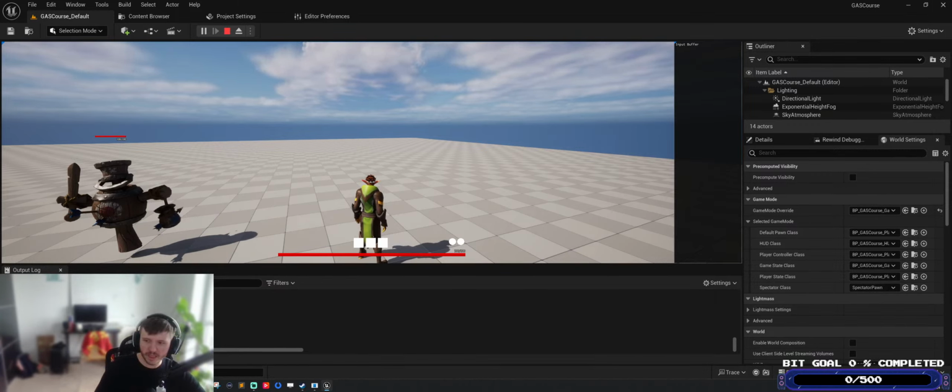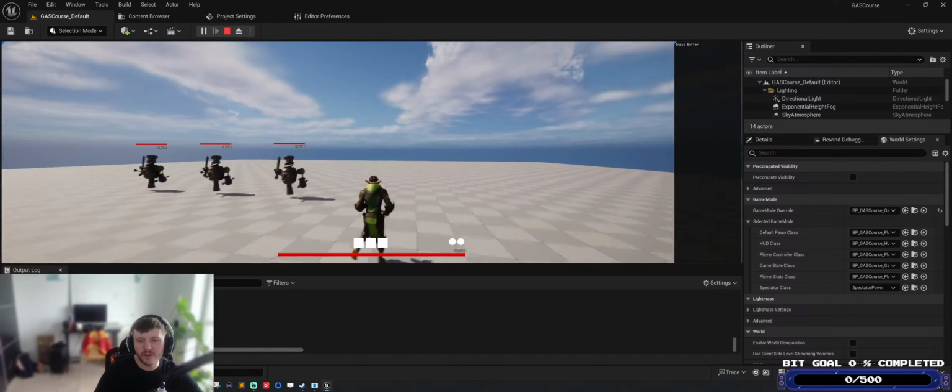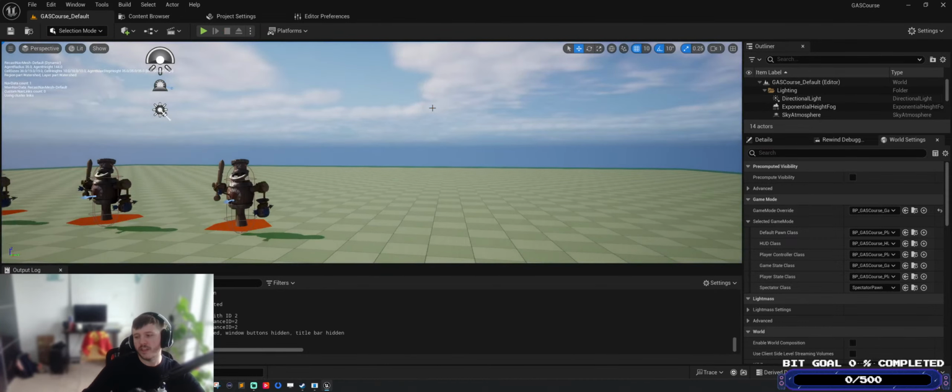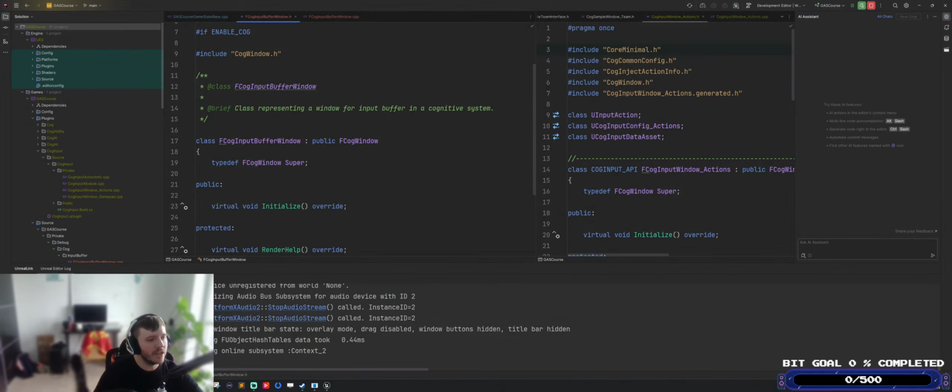So hopefully she'll just chill with us for a little bit. That's going to be our goal, to see how far we can take this. We're only going to be streaming for maybe an hour and a half at most. And we're going to use a reference to the other examples that this Cog IMGUI gives. So this is what this other code on the right-hand side is. Ours is on the left for this input buffer window. So I'm wondering if I can somehow